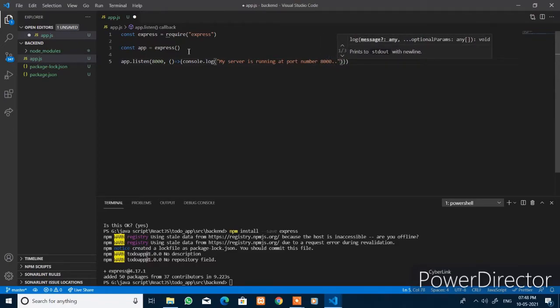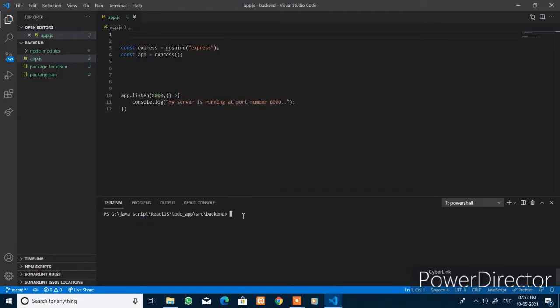This is the message that will be displayed in the console whenever the app starts running and listening to the requests. So when you execute the command node app.js, my server starts running at port 8000 and it starts listening to the requests that come to this server.